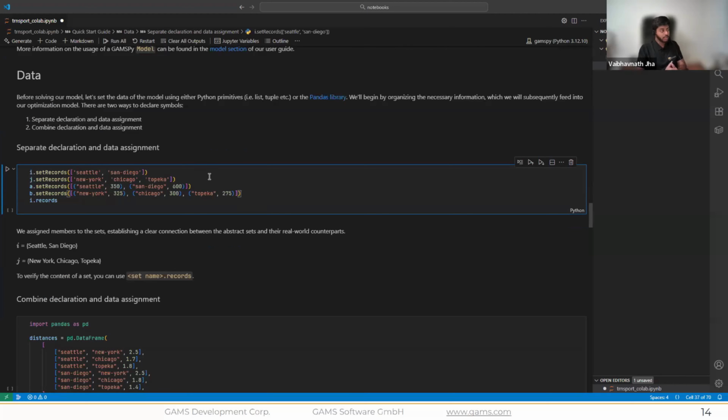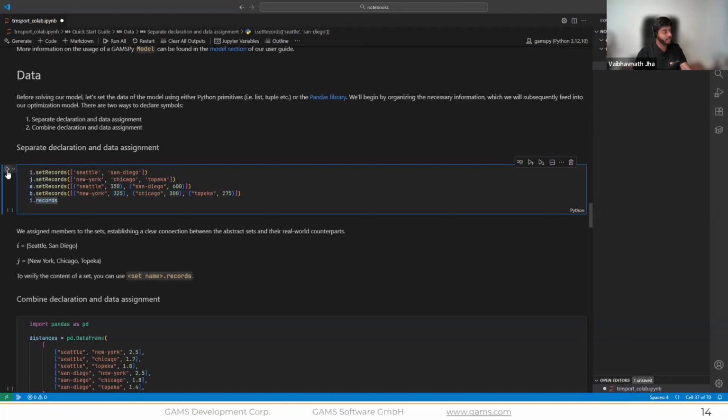And now about the data. Once we have a model representation for our problem, we can start adding some data to it. Again, for the example, we have Seattle and San Diego as the plants, New York, Chicago, and Topeka as a list of markets, and we can just set this into the set of markets, which is the Python variable J. Similarly, we can set the capacities at each plant and the demand at each market.